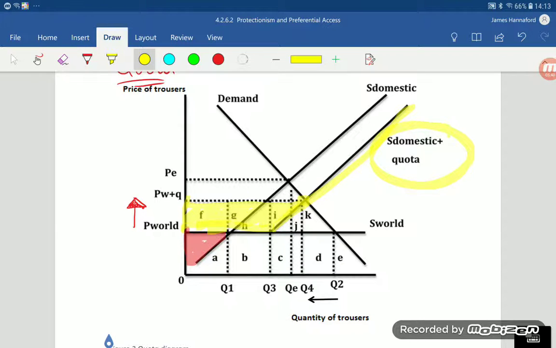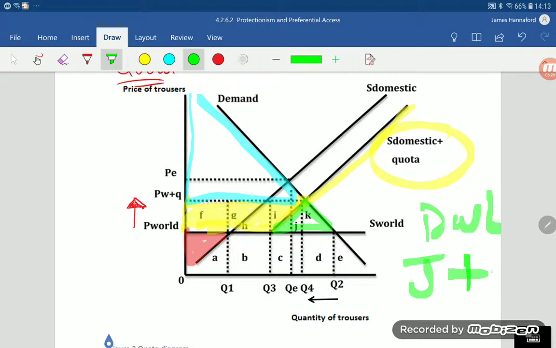Well, remember we said about 30 seconds ago that the consumer surplus was now this area here. So the consumer surplus shrunk. And as it shrunk, because of the higher prices, this benefited the domestic producer in F, G, H, and I. What it hasn't accounted for, however, are these two here, look. J and K. Therefore, J and K, the reduction in the consumer surplus, that benefit has not been transferred to anyone else. So therefore, the dead weight loss is areas J and K.